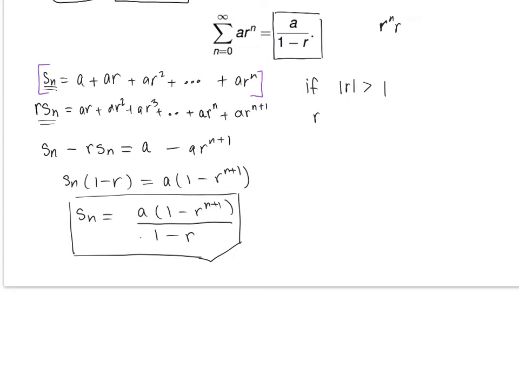what's happening to raising that number to a power? So think exponential growth, right? It's going to be much bigger. Does that make sense? That's what this is, exponential growth. So this is going to go to infinity, right? 1 minus infinity, well, that's just going to make some negative number of some sort. Anyhow, if this goes to infinity, what's going to happen to your S sub n? You don't know if it's infinity, but you do know it diverges. Maybe this goes to negative infinity. Does that make sense? You can diverge both ways.